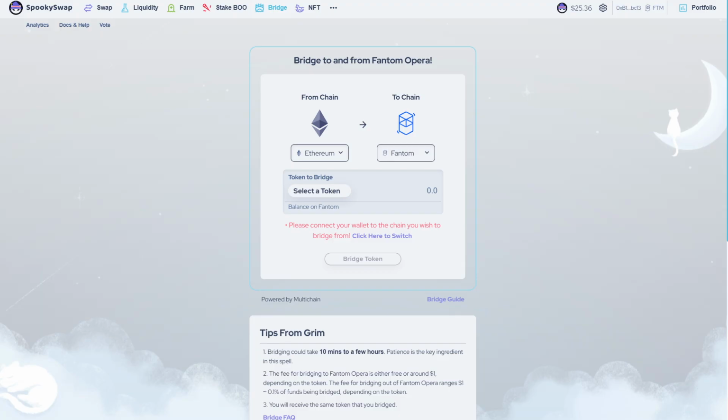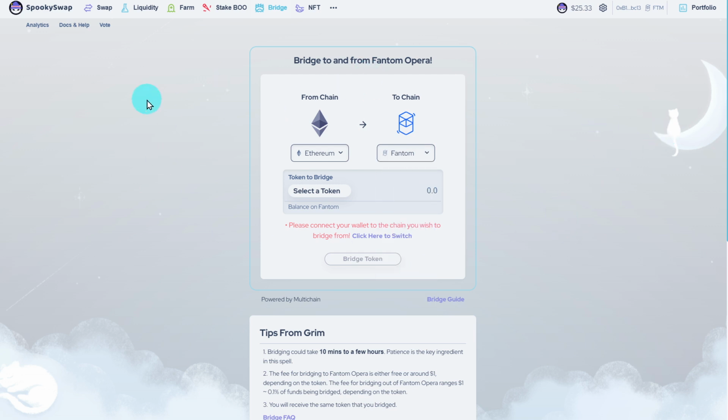First of all, we need to select the blockchain that we want to use for this whole endeavor. And you want to select a blockchain that's comparatively cheap in terms of transaction fees, unless you've got a lot of money that you want to deploy. But let's say you only want to play with a few hundred or a few thousand US. The DeFi ecosystem where you can do this kind of a play is pretty well developed on Phantom and on Avalanche. You might also consider BSC, but I found Avalanche and Phantom the best to do such kind of a strategy. And so let's go here with Phantom.